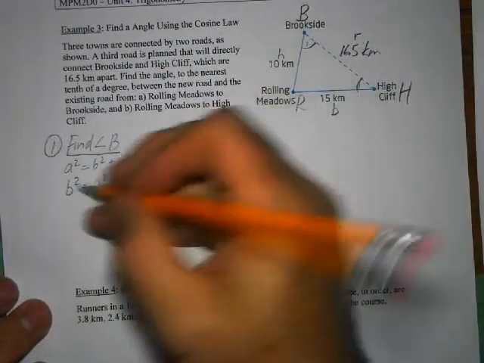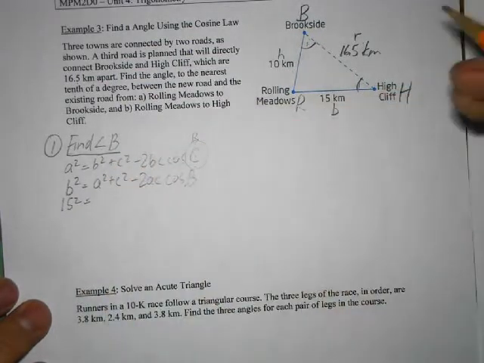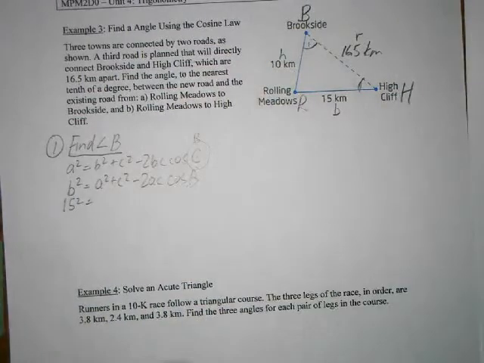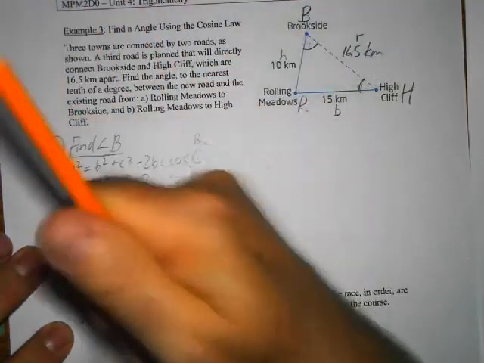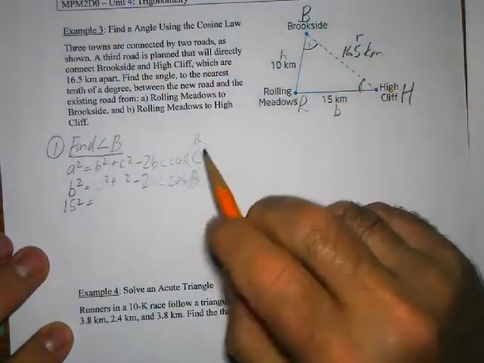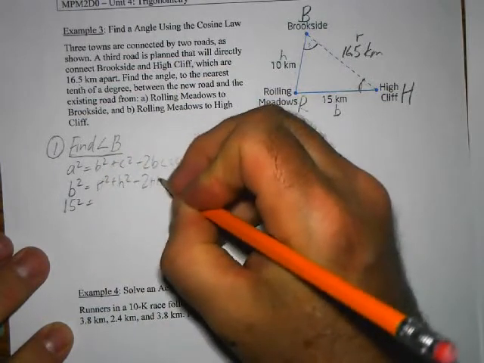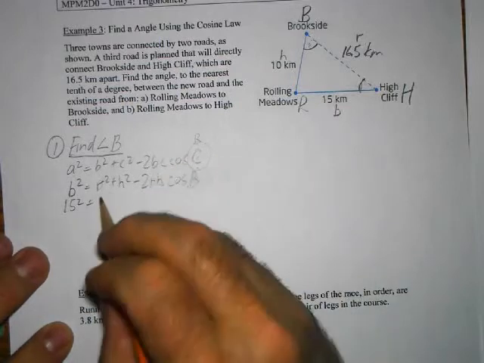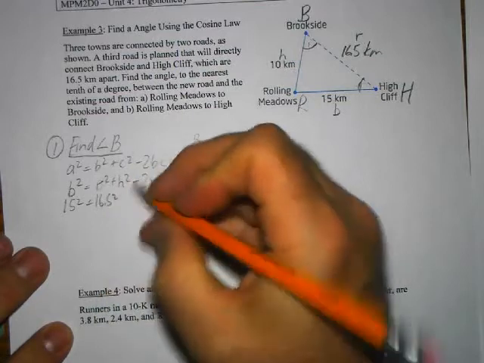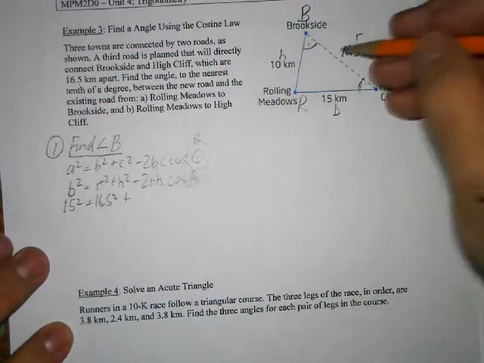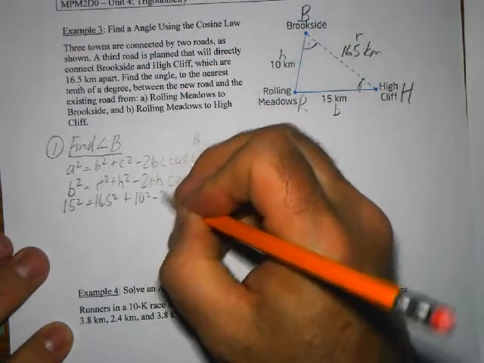So now you plug in the side lengths. So b is 15. Sorry, that shouldn't be A and C, I'm not sure why I didn't change those. Instead it's going to be r and h. So r squared and h squared minus 2rh. Sorry about that. Okay, so r is 16.5 plus h squared. h is 10, minus 2 times 16.5 times 10